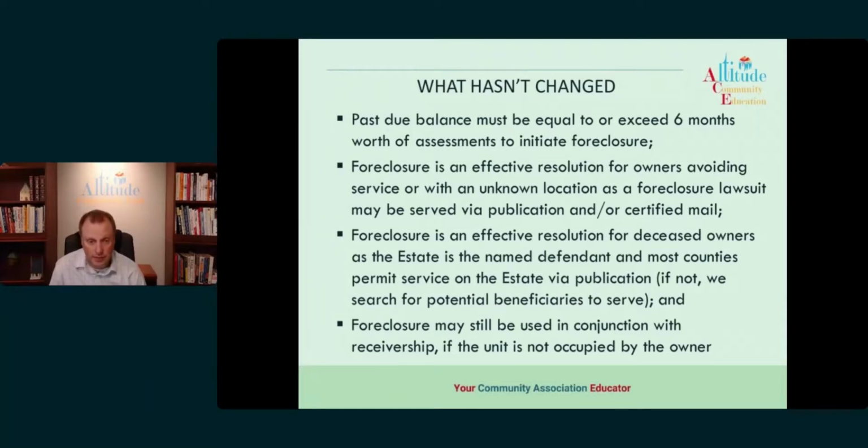So in that type of situation, because a foreclosure is an in rem proceeding, a proceeding against the property, you don't have to serve the individual personally. We can serve via publication and/or certified mail or other means of substituted service. So that's one of the advantages of the foreclosure, because when you get a foreclosure, it's not against the individual owner. Again, it's against the property. So two different ways of thinking about how you can collect money.